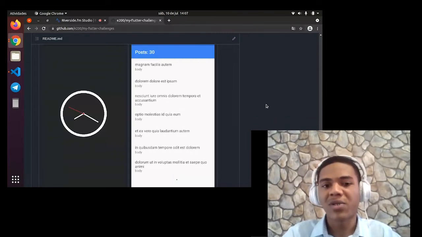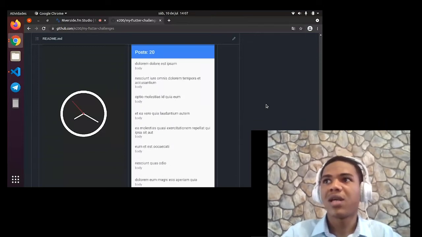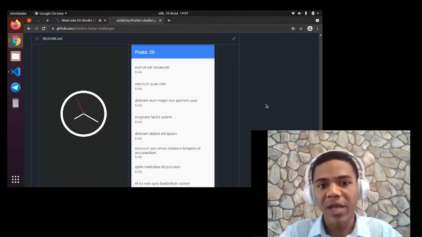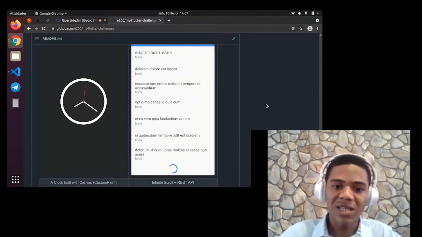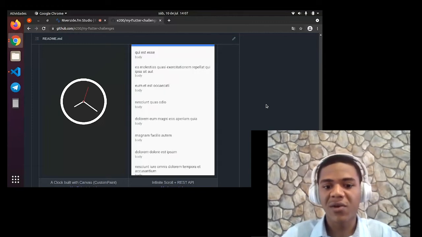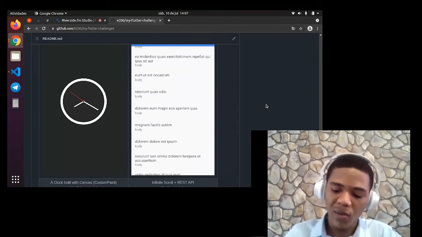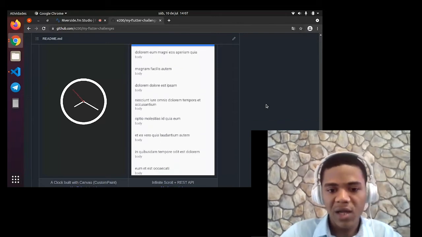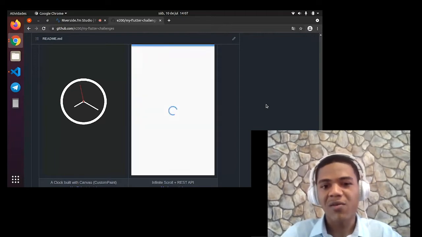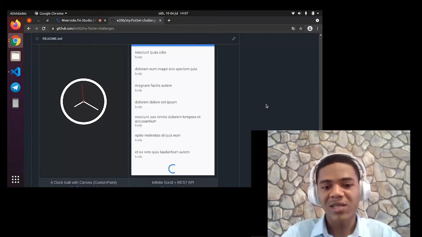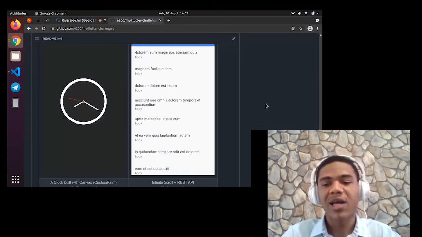And a lot of people starting were not aware of how to create a list view where you can update the data at the bottom of the list view dynamically. So when the user reaches the bottom, you fetch more data and insert it at the bottom of the list view. How to integrate the circular progress indicator at the bottom,